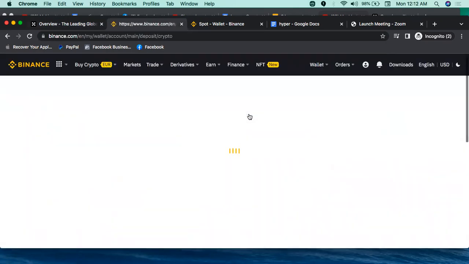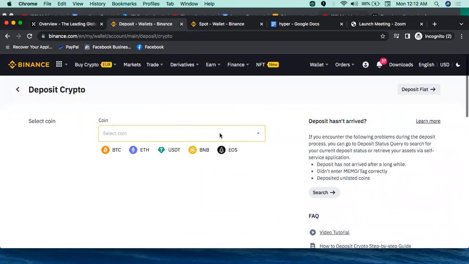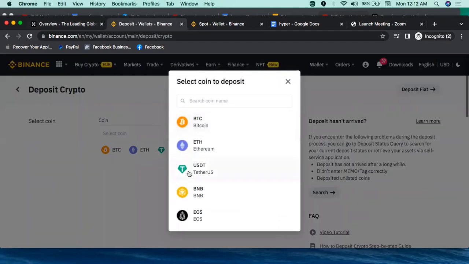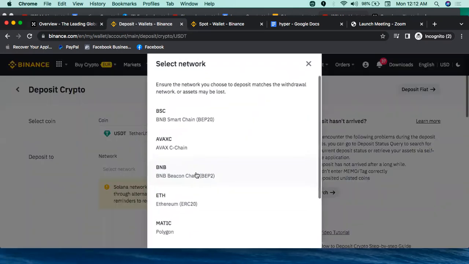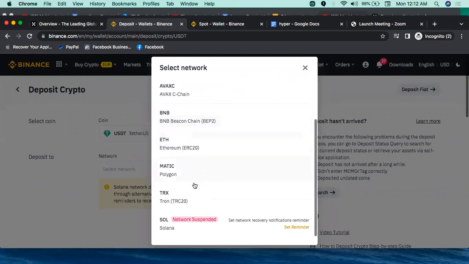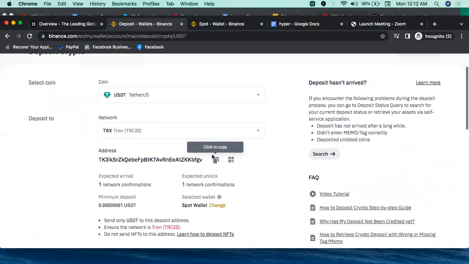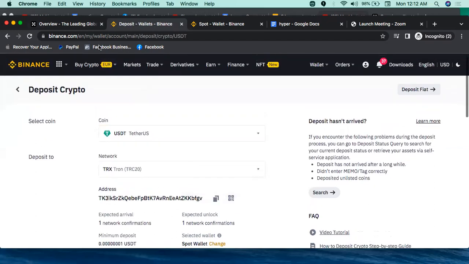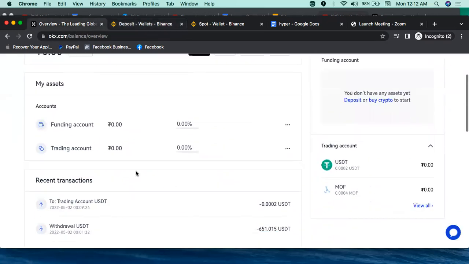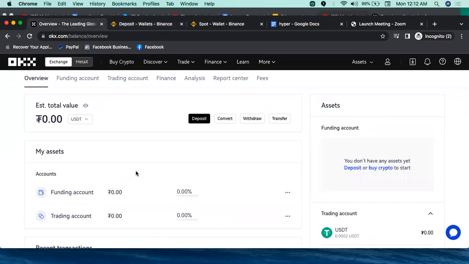When you select crypto, if you are going to deposit USDT, select USDT, and please choose a network, right? Whatever network you have, if you are doing a withdrawal from Hyperverse, you must choose TRC20, and when you choose TRC20, copy this address, and then after,